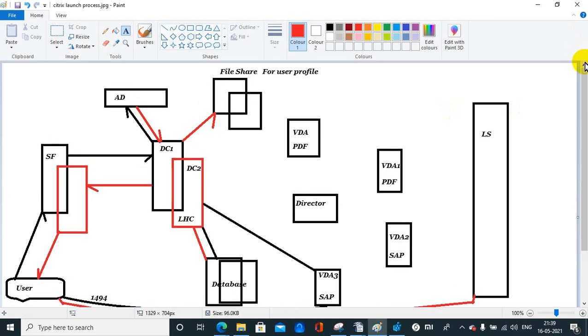Suppose sometimes the user is trying to access the application. There are multiple variants of how this issue can exist. The user is trying to access the application, but his profile is not getting created here on the file share, but his profile is being created on the VDA itself. It's a local profile.